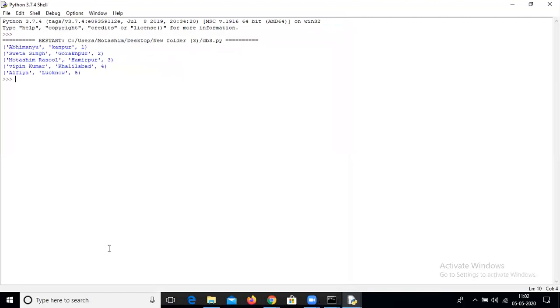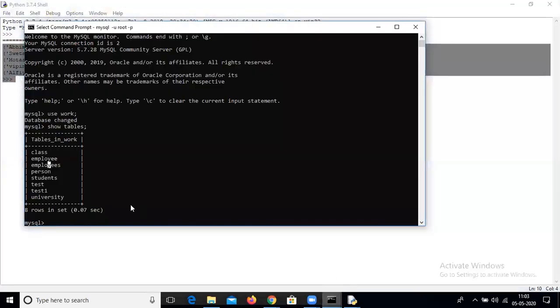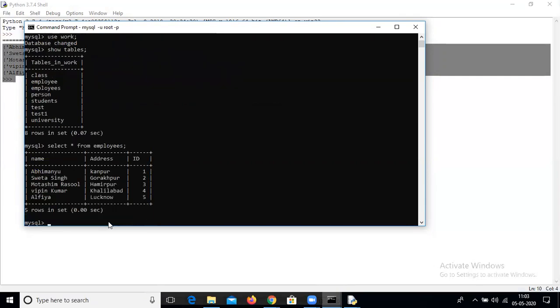The values inserted inside the table are shown in the Python code. Is it visible to everyone? Yes. Let me check all the values. To cross check, write the same query you wrote in Python: select star from employees; semicolon.